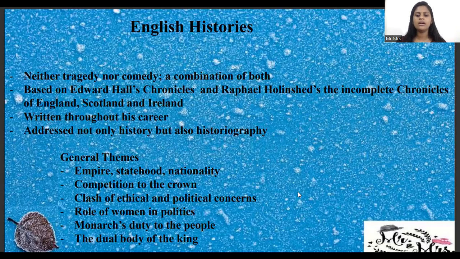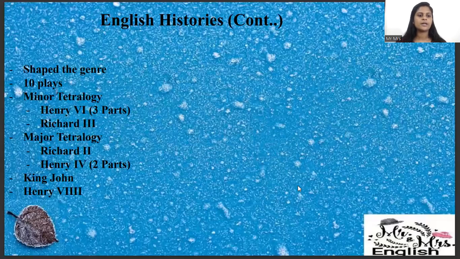And then you can see Shakespeare actually shaped this genre. You can say it is Shakespeare who gave an outline or a framework to history plays and how history plays are to be written. And after that, so many other writers, following the style and structure of Shakespeare, also wrote so many historical plays. Coming to the history plays of Shakespeare, there are 10 plays written by Shakespeare, which are